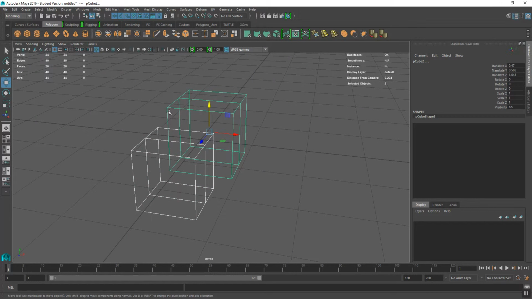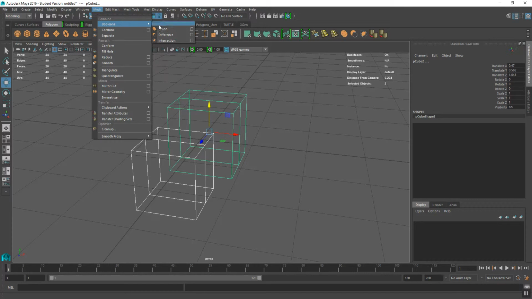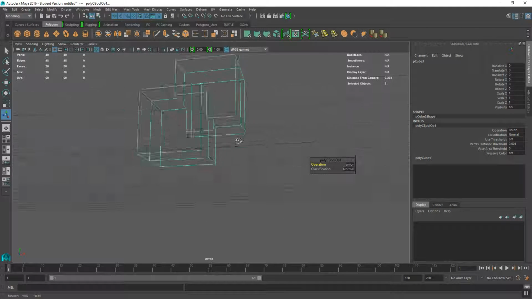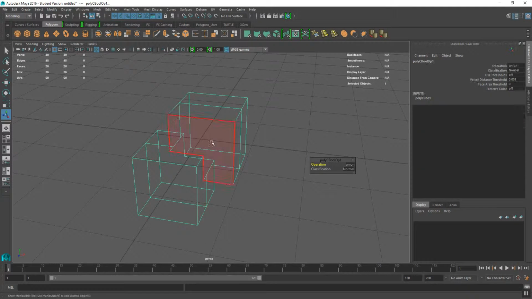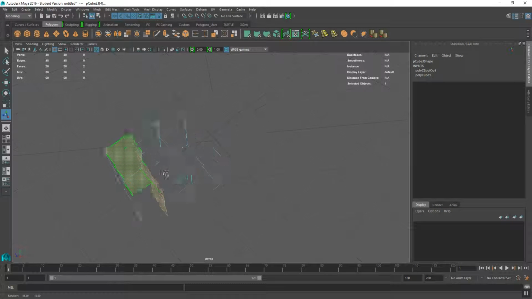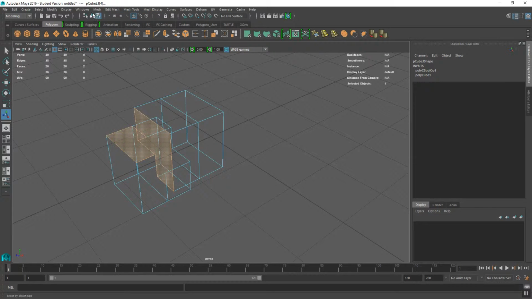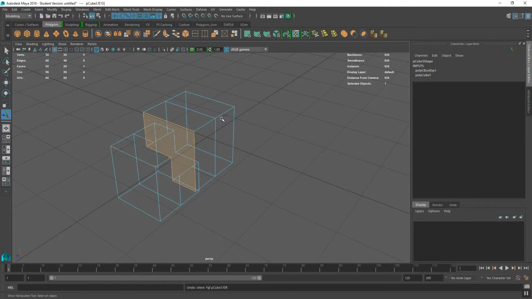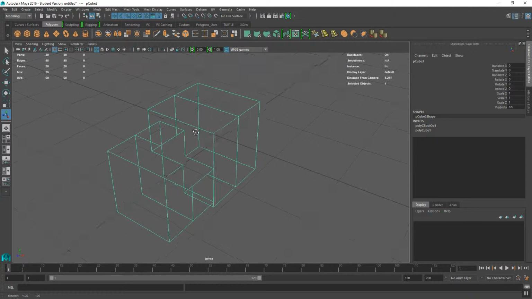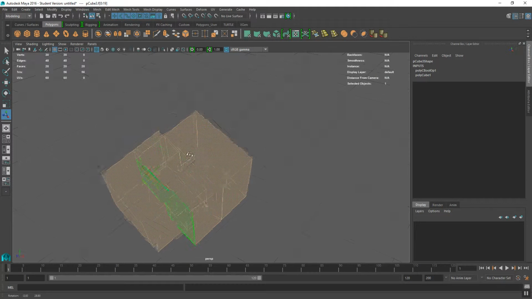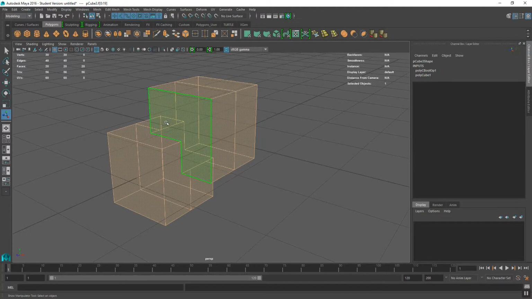So if I select those objects and I go to Mesh, Booleans and Union, what it will then do is create a continuous mesh all the way around, and it'll cut out any intersecting parts there. Now this is something to consider if you're making low polygon objects, because if we have a look at this Boolean and Union, where it's a continuous mesh that goes all the way around and there's no intersection, it's basically